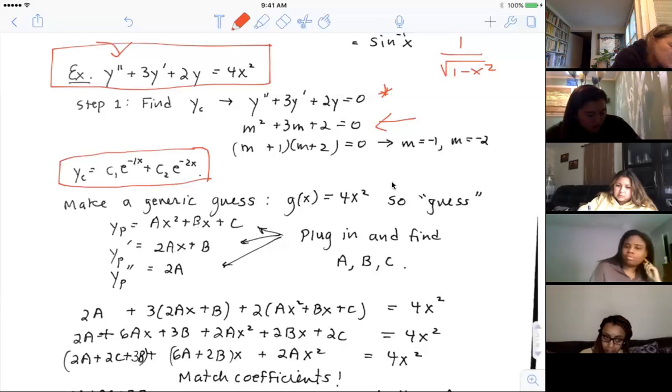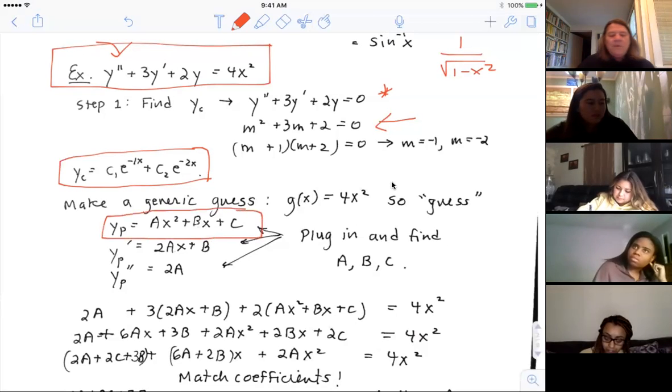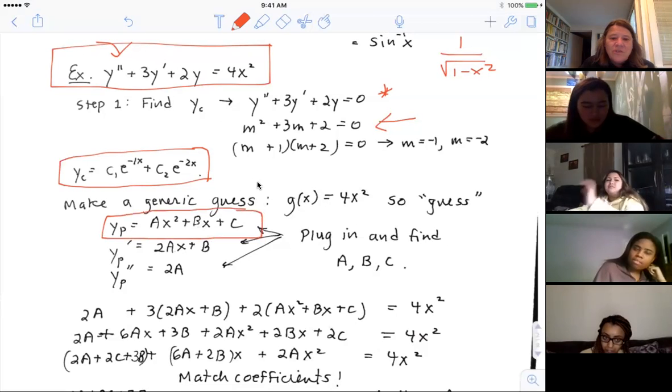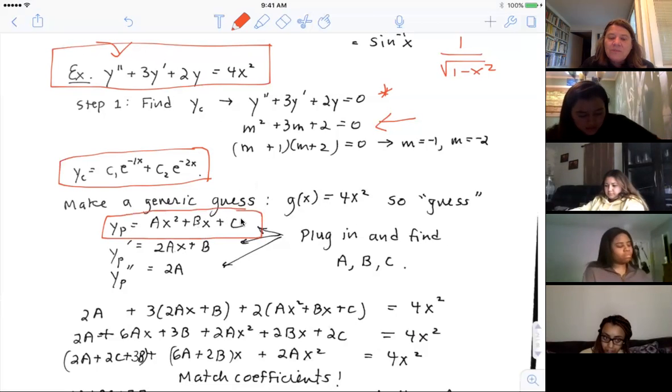So my guess for this one is going to be, I think that yp needs to be of the form ax squared plus bx plus c. Now, it's no coincidence that this thing right here, the 4x squared, is driving that thing right there. Again, it's got an x squared in it. I'm eventually going to plug a y into the solution, so it needs to go up as high as ax squared plus bx plus c. It does not need to go any higher. It does not need to have a cubic value in it, okay? Because if you had a cubic value in it, you might put in that cube right there and not be able to get the 4x squared.